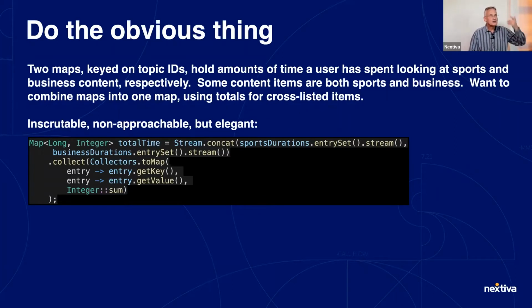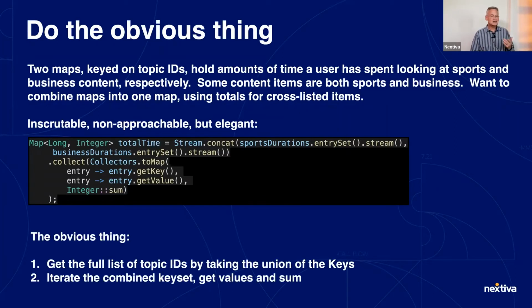The cognitive load of thinking about this code is actually not worth it, especially in Java where everything's optimized. If you just did the natural thing and extracted the key sets and iterated, the way you would think about it, then the person doesn't have to waste time scratching their head and saying, wait a minute, how does that work? The collectors and the integer sum function.